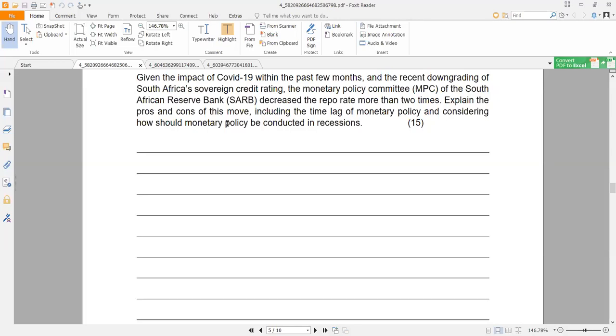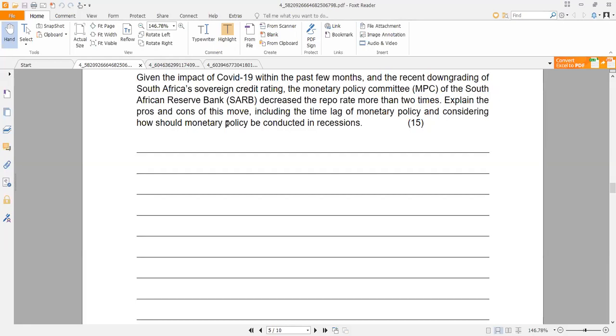So invest in our financial sector, because we said the higher the interest rate, the more the capital inflow, isn't it? Now we have reduced the interest rate, which implies that we are going to have roughly capital outflow, less people investing in our financial sector, in our financial securities. Yeah, so it's 100% correct to say we are going to have sort of capital outflow. People looking for countries with a better interest rate as compared to ours. So that is one of the disadvantages that we can cite.